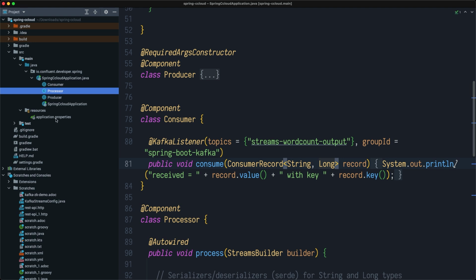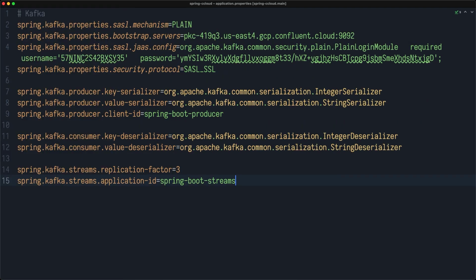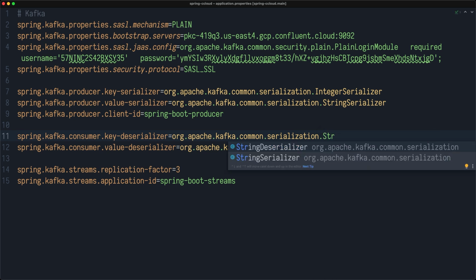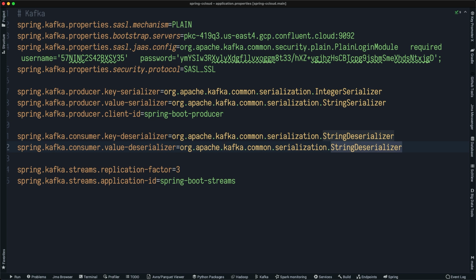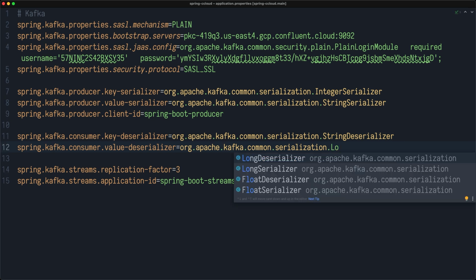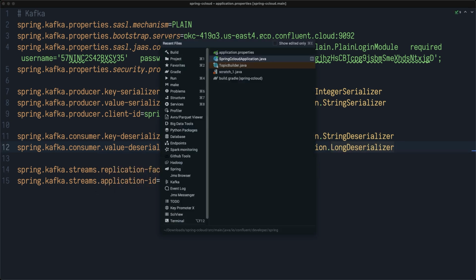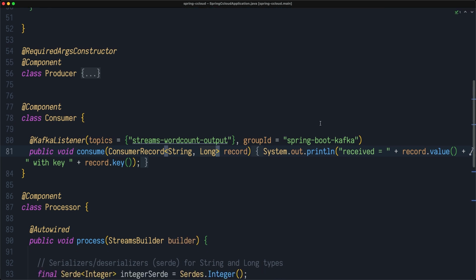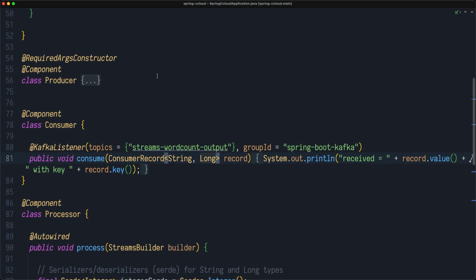Also, we need to modify the consumer code. So in this case, it will be using a string deserializer as the key, and a long deserializer as the value. And now I should be able to see all these messages in my console.